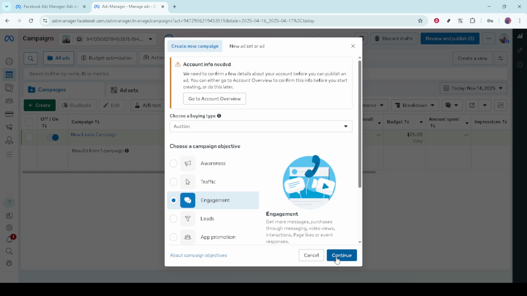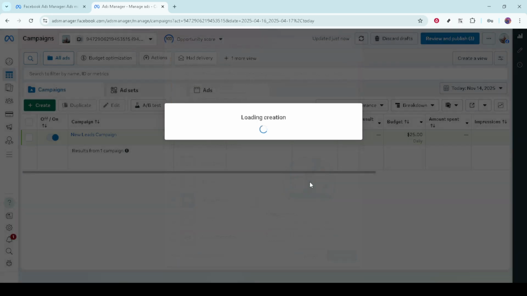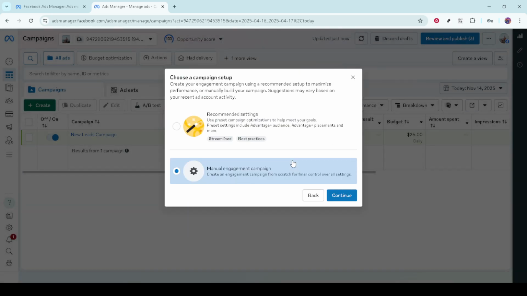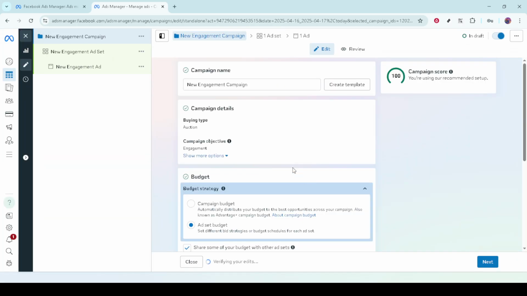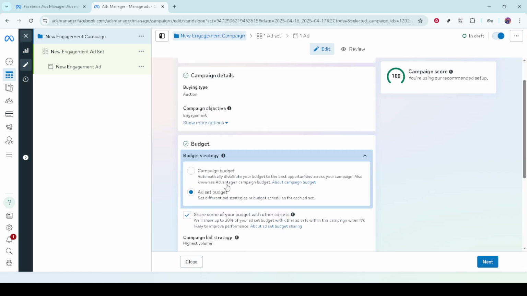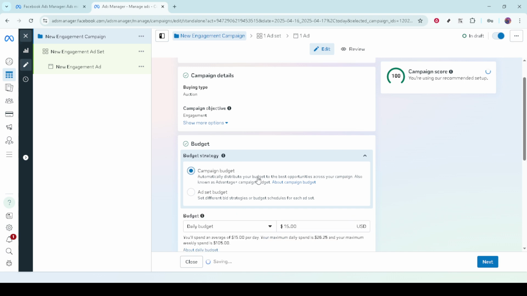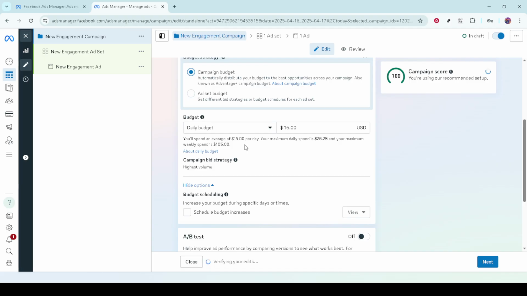After setting your objective, the next consideration is your budget. You have the flexibility to choose between a daily budget, which is the average amount you'll spend each day, or a lifetime budget, which caps your total spending for the duration of the campaign. Carefully review your financial capacity and campaign goals to make the right decision here. Setting start and end dates for your ad is equally important. This ensures that your ads run during the peak times when your target audience is most active, enhancing visibility and